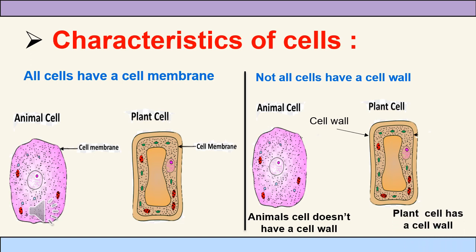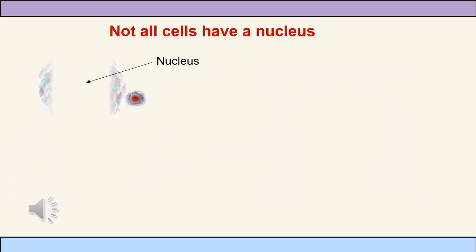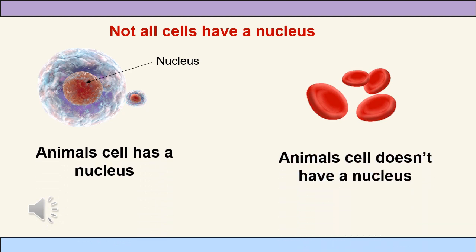All cells should have a cell membrane to surround their components. But the plant cell has an extra layer which is called the cell wall. Look here in these pictures. Can you guess if we can find the nucleus inside all types of the cells? Super! Not all the types of the cells have a nucleus inside.